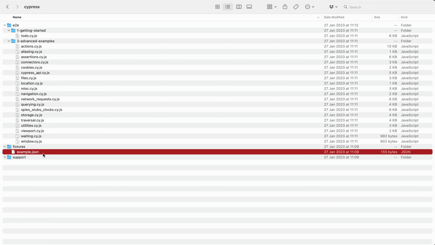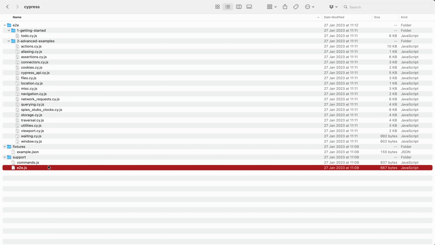You've got a support folder, and within here you will typically see these two files, but it depends on which test you're running. If you're running component testing, you may see in here a third file. If you're doing end-to-end testing, it's typically these two files.